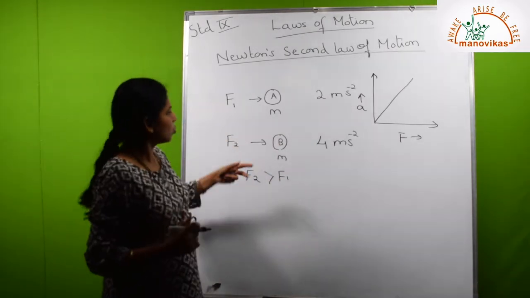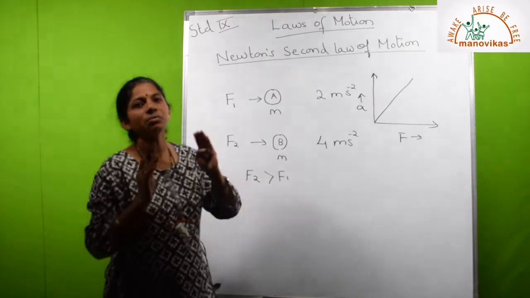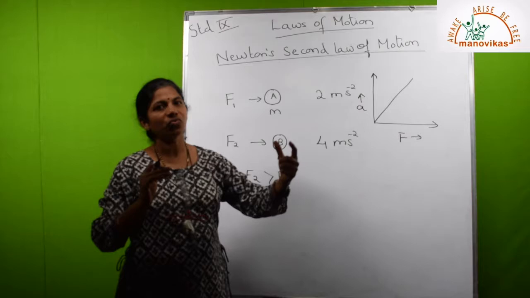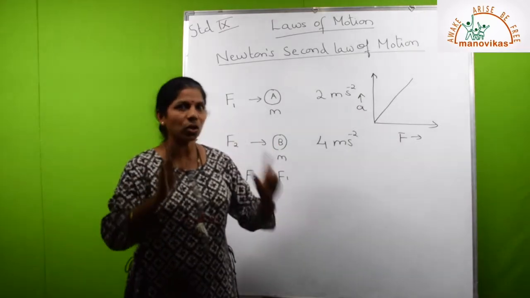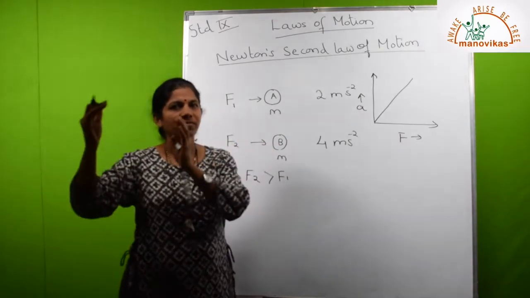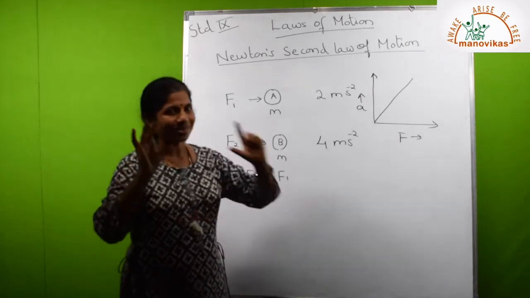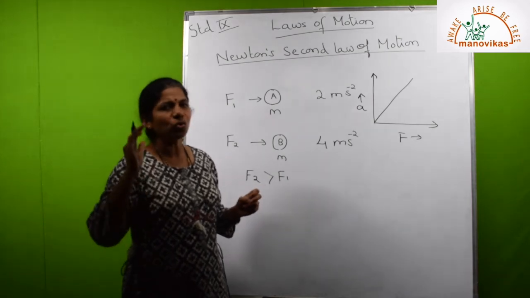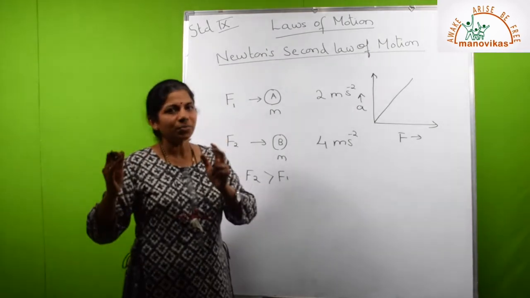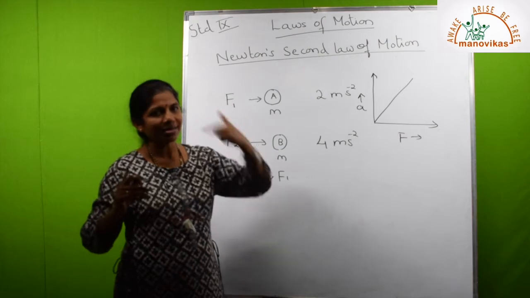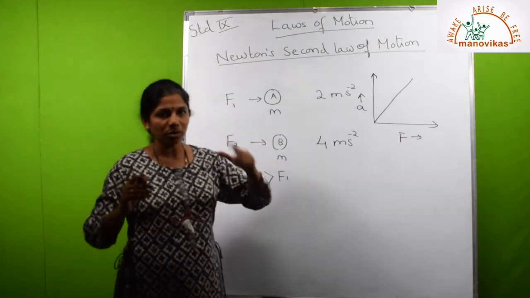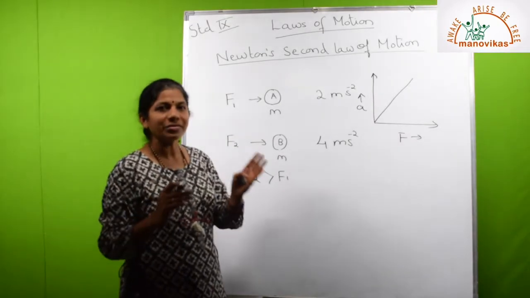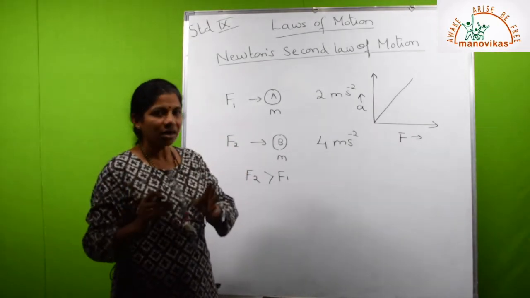Now again, suppose there are two objects having different masses, and we are applying force on both the objects in such a way that they both are moving with the same velocity. You have a smaller object, you have a bigger object. And velocity remains the same. Both are set into the same velocity. But you will find that the force that is needed to set the bigger object into motion will be more as compared to the force that is needed for the object having lesser mass. So I can conclude that force is directly proportional to the mass of the object.